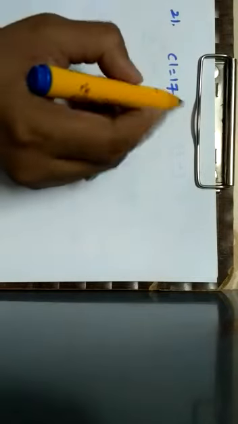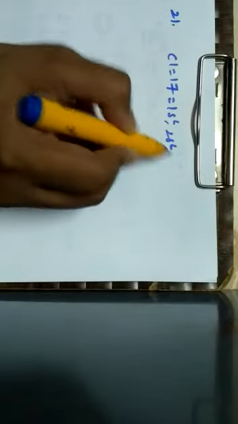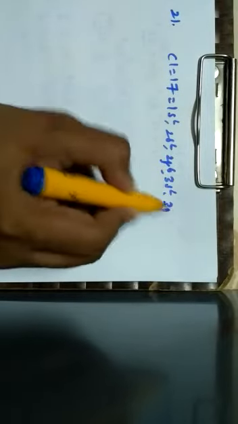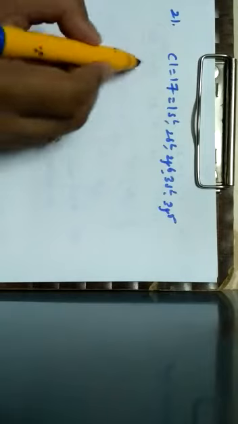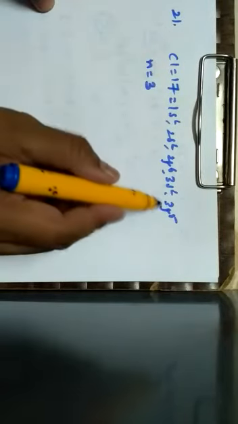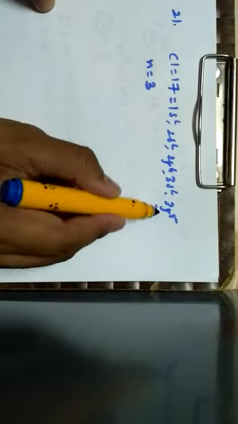Next, let us continue with the next one, that is question number 21. So when it comes to question number 21, the correct set of quantum numbers for the unpaired electron of chlorine atom is, so here we know that chlorine atom has an atomic number of 17, which is represented by 1s2, 2s2, 2p6, 3s2 as well as 3p5. So here the value of n is what? Value of n is 3, and it is a p orbital.